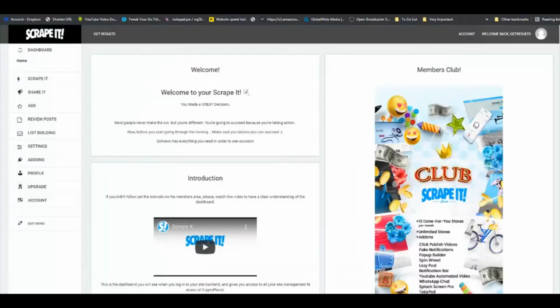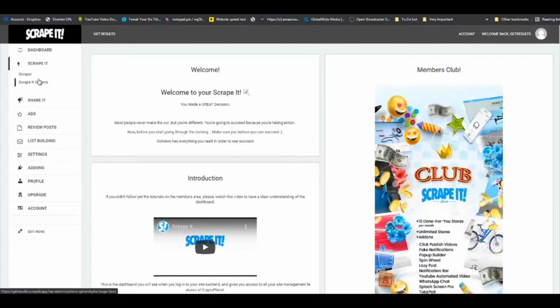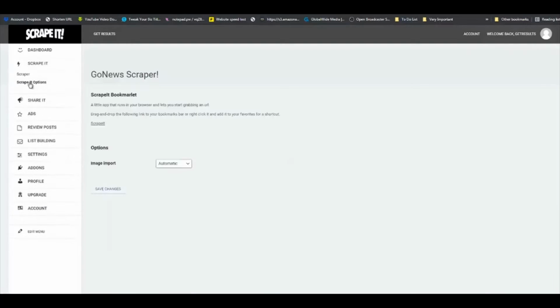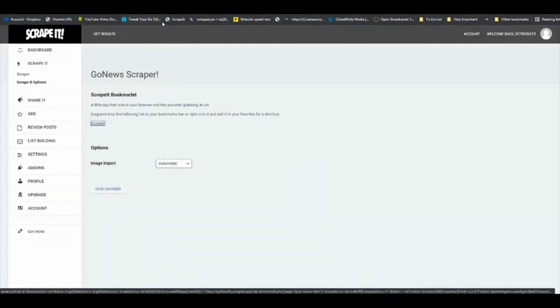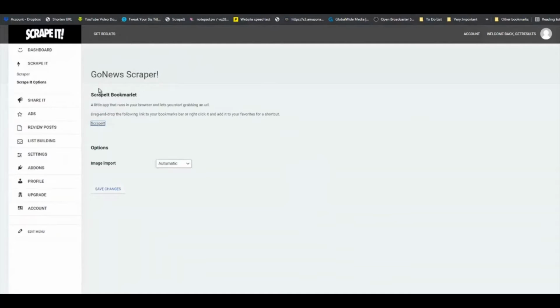So back in the dashboard of Scrape, the first thing I want you to do is to click on Scrape right here. Go to Scrape options, and then just take this little bookmark right here, grab it and drop it in your bookmarks bar there. Next thing I want you to do